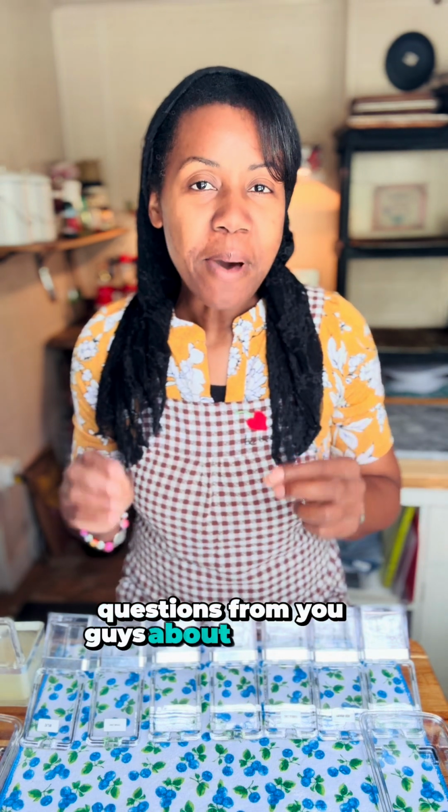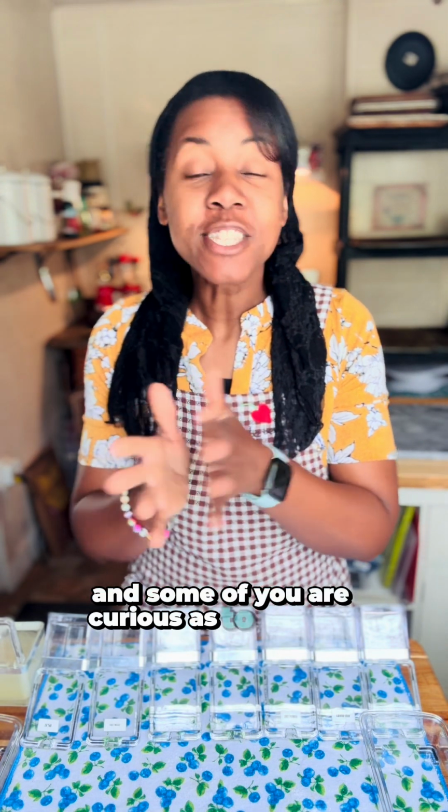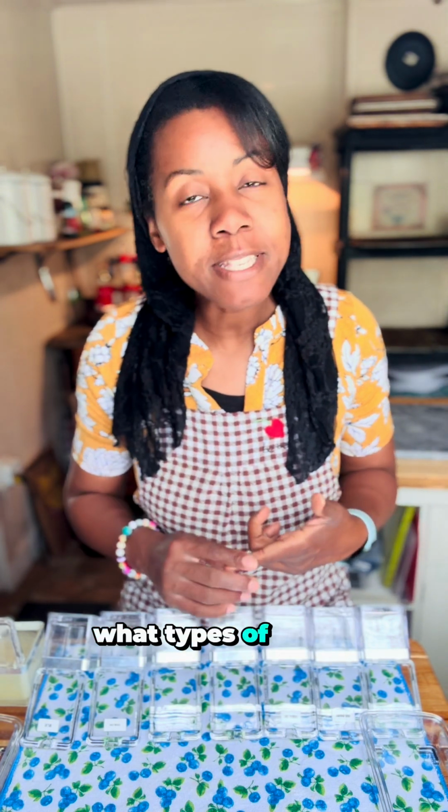Now, I have received several questions from you guys about what is in my spice box. And some of you are curious as to where I get my little spice boxes. So I was doing some cleaning, getting my spice boxes cleaned and refilled. So I figured I would take you along and show you what's in my spice boxes, what types of spices,